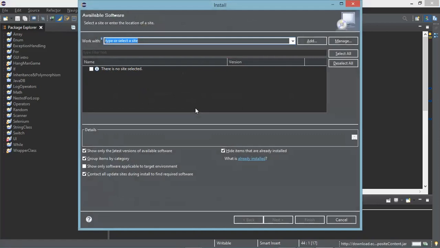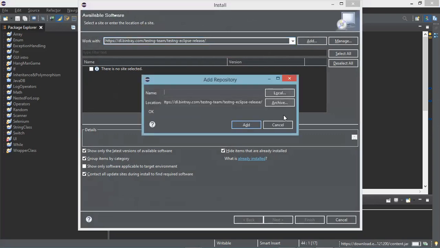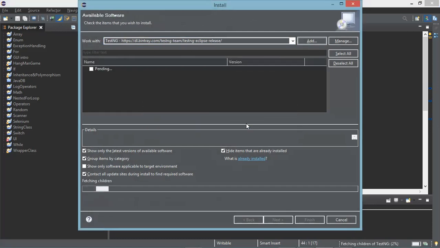Paste that URL, select it and say Add. Add it as testng, give the name, say Add. It will check for the available library.